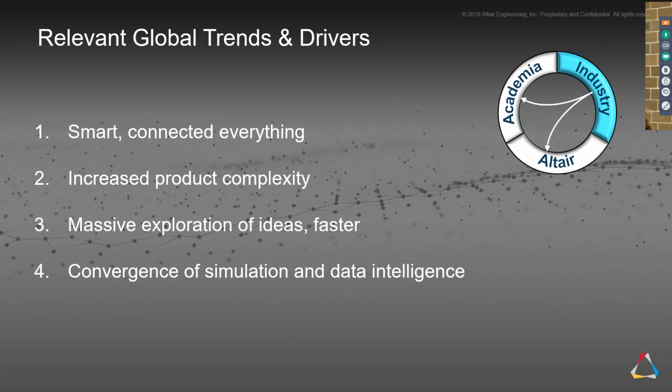And products that they make are getting ever more complex, not just because they're smart and connected, but because consumers are demanding more performance, more output from these products. And they want more types of products, more choice. So these complexities and demands on the performance of the products lead to the need for massive exploration of new ideas and getting information about the designs of products faster. As the information explodes for how much data the engineers are getting, that leads naturally to the convergence of simulation and data intelligence. So these are the challenges that we are trying to help companies address in industry, and